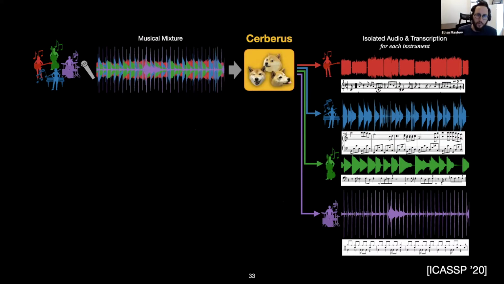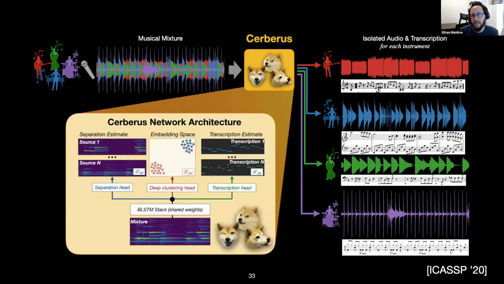Cerberus is actually a source separation network that we modified to do both separation and transcription. And again, I'm not going to go into the details of it here, but the important thing to know about Cerberus is that it's a very straight ahead analysis model, uses an LSTM for one-shot inference without any kind of sampling process like what you'd see in a generative model. The other thing that's important to note here is that the output instruments that Cerberus is going to predict are fixed. So if we wanted to do piano, bass, guitar, drums, we would have to train one model to do that. And if we wanted to add another instrument, we'd have to train a completely new model.